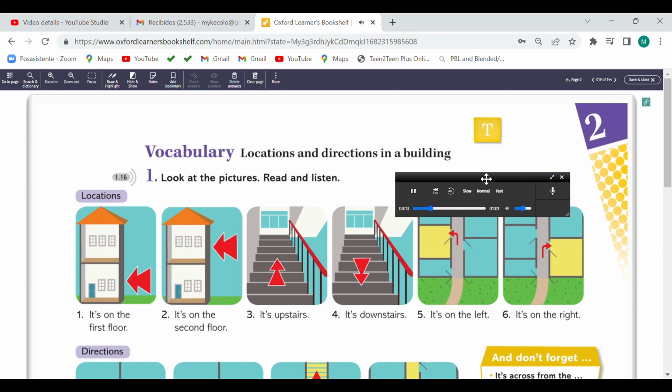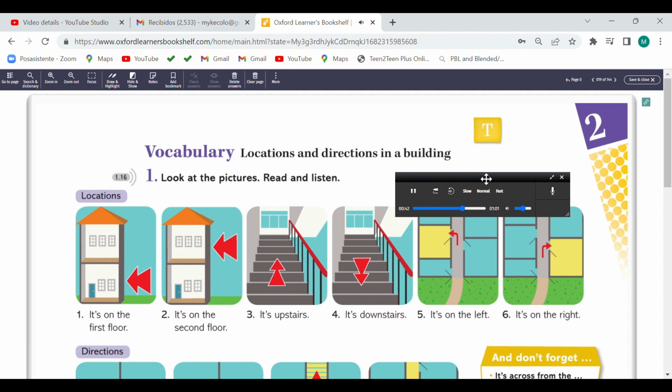Locations. 1, It's on the first floor. 2, It's on the second floor. 3, It's upstairs. 4, It's downstairs. 5, It's on the left. 6, It's on the right.